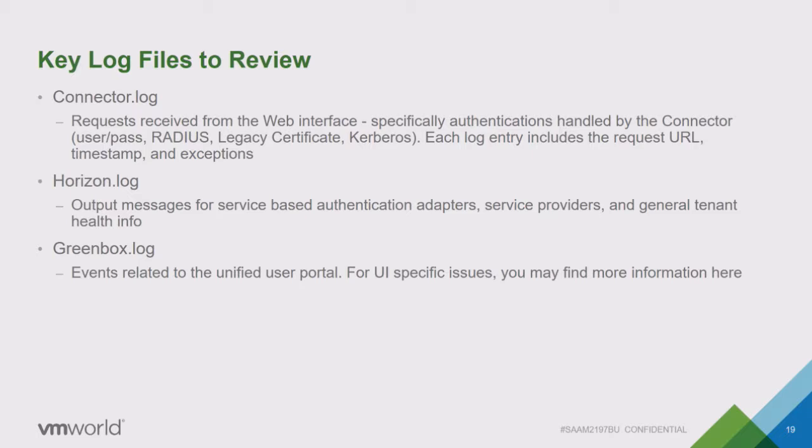So if you do have an issue with things like pulling up the unified catalog and you get an error message, typically on your mobile device, there's a little blue bar down the bottom that says, could not make a connection to the MDM at this time. If you get that sort of error, it's typically going to be a greenbox.log issue. Make sure you grab those logs and put them into your VMware support ticket,